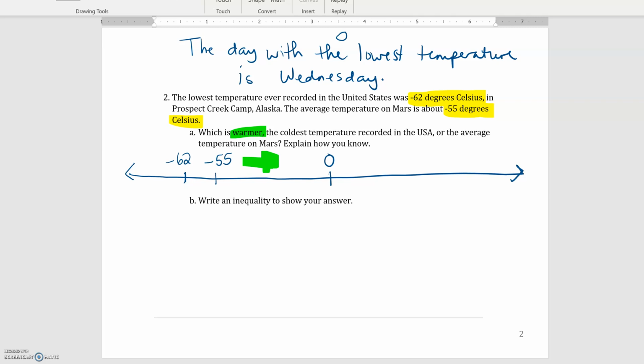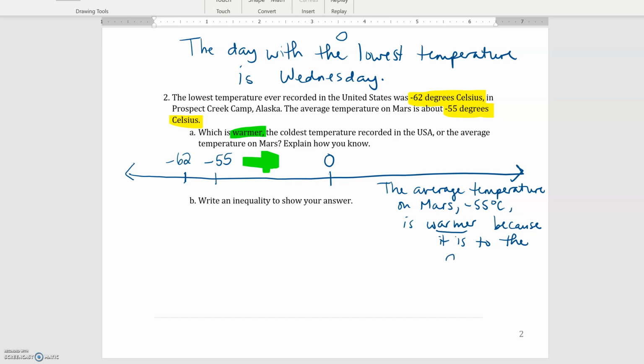So I'm going to say that the average temperature on Mars, negative 55 degrees Celsius, is warmer because it is to the right of negative 62